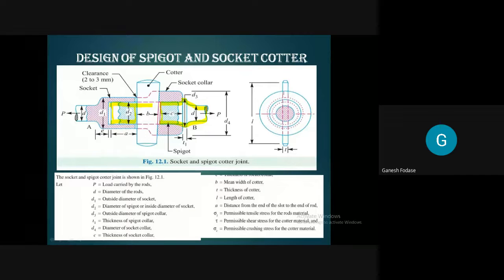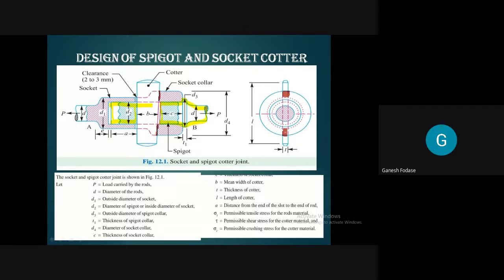Can I show you in the side view? You can see here, this portion. These two elements are in contact. Here also and here also. Socket collar and quarter, so this socket collar and quarter will be in contact. They are having some contact at this point. Here also.